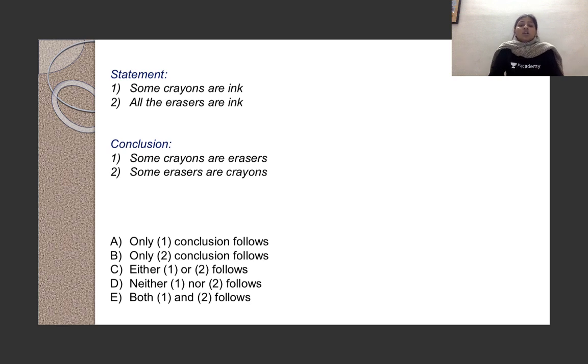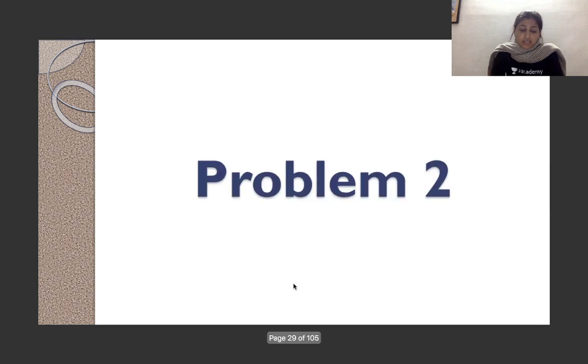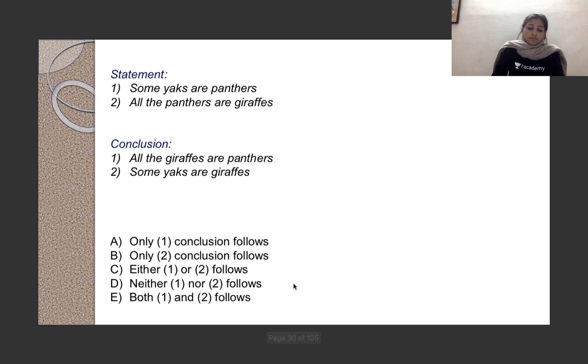None follows. Some crayons are ink. All erasers are ink. So this is how the diagram will look like. And yes, the answer is none follows. Some crayons are erasers. No. Some erasers are crayons. No. So option D is correct. Next,